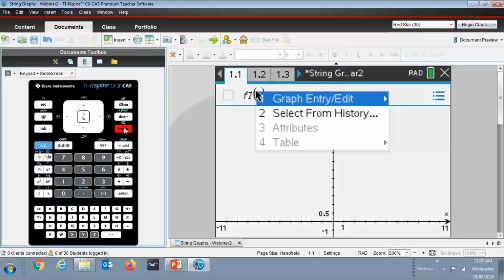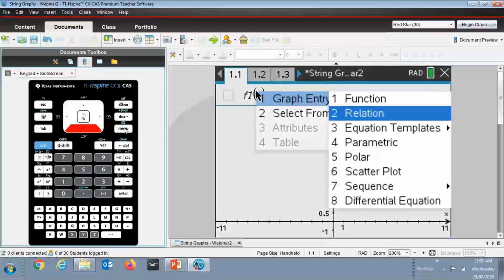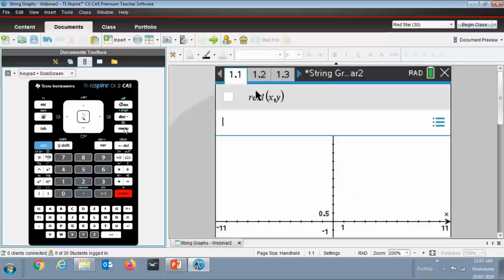With Graph Entry Edit, we select item number 1, and we change down here to Relation, because we want to have these in Y = forms. What we're going to put in are our boundary or guiding lines, I guess, because remember, they're not the axes anymore. They're the lines Y =